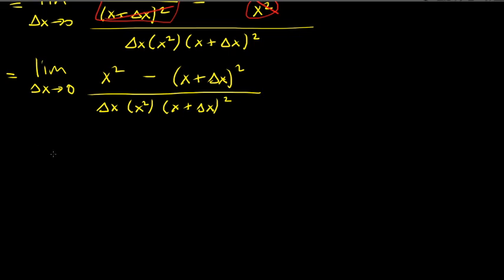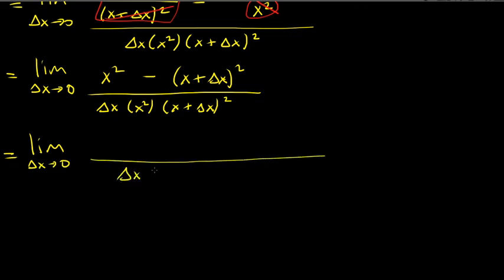Okay, moving on. The next step, I don't think we can take the limit just yet because we'd still be dividing by 0 at this point. But notice what we can do in the numerator here. So I'm just going to copy the denominator down, maybe one more time. But the numerator we can simplify. The numerator is just x squared minus, and then in parentheses,